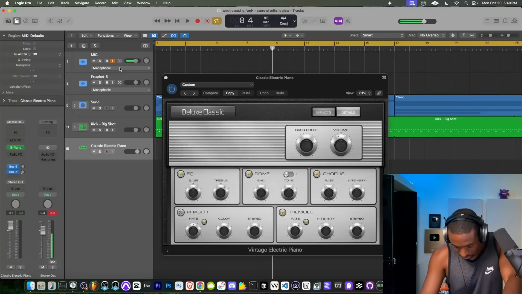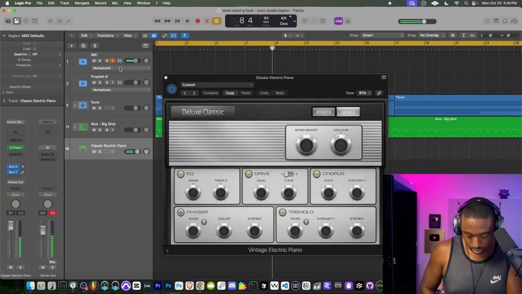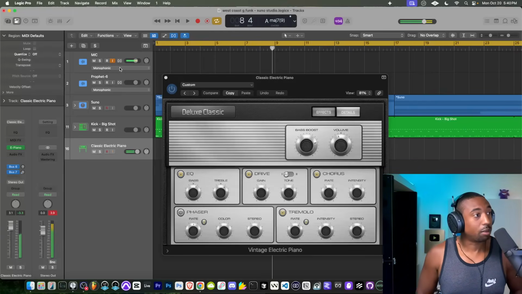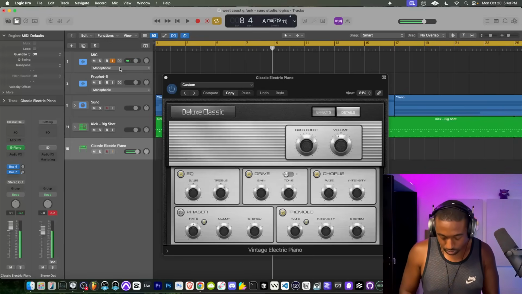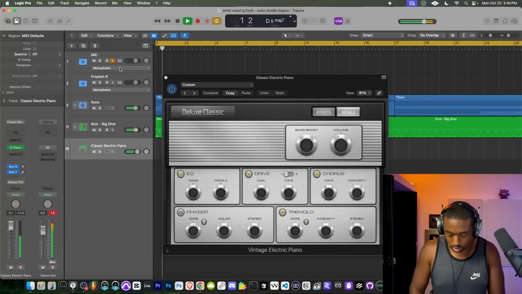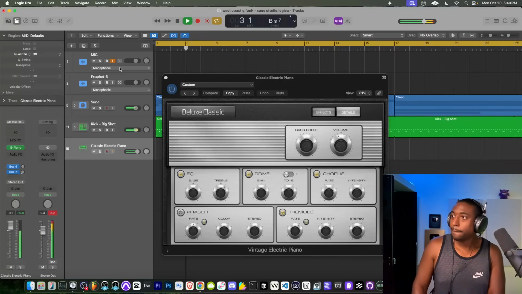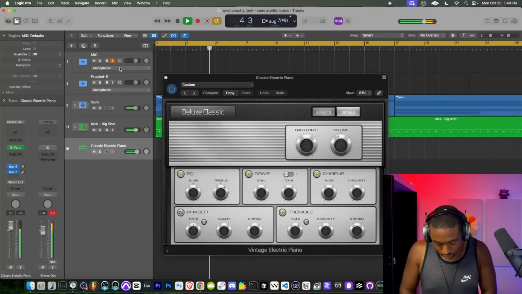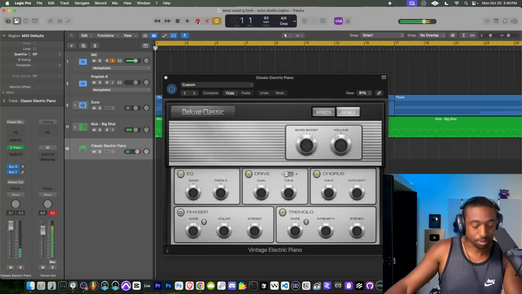Let's say I was writing in C major. We're gonna go down 1, 2, 3. This way I don't have to overly complicate my brain trying to figure out chord voicings. Now I can play what I'm actually trying to play.